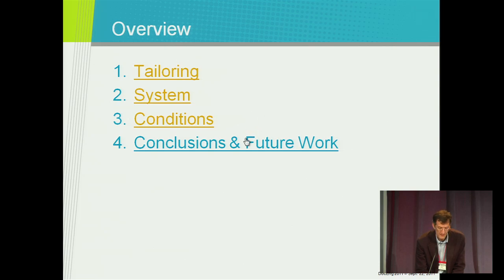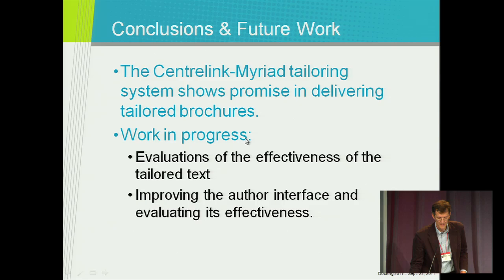So I'm moving up here to the conclusions. We believe that we've demonstrated at least the promise of some useful capability for producing public administrative texts. We took the original documents that Centrelink gave us, which were roughly 50% comprised of conditions and eligibility discussions. And we reduced the size of those things by 40% by providing a query wizard that collected information from users and then producing a simplified text.